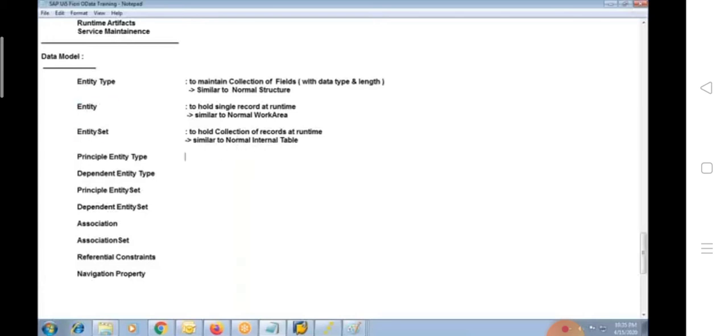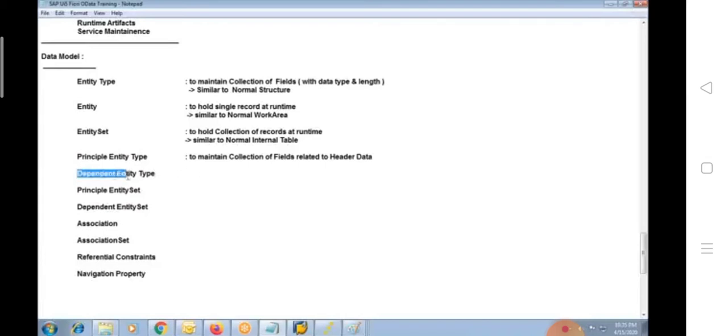And here, principal entity type is to maintain a collection of fields related to header data. So we are going to maintain a collection of fields related to header data, and that entity type we call as principal entity type.